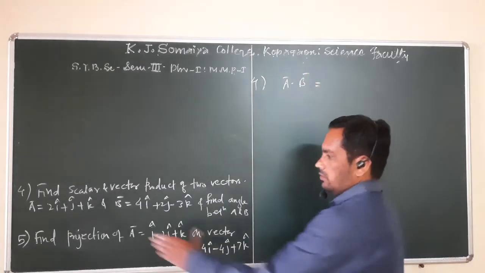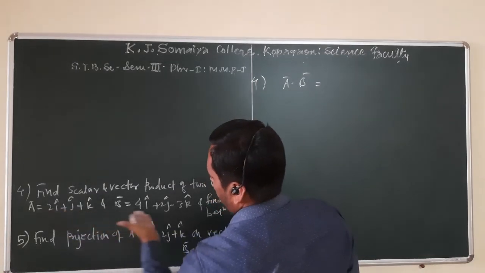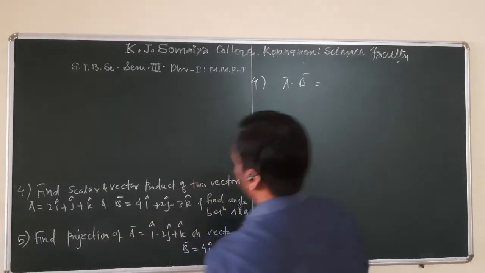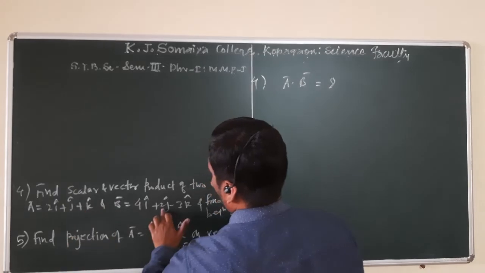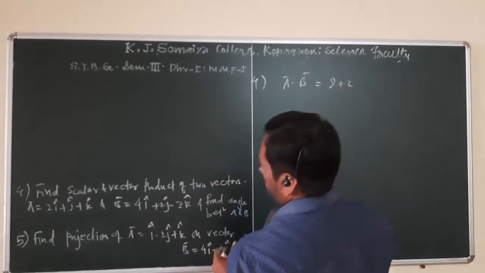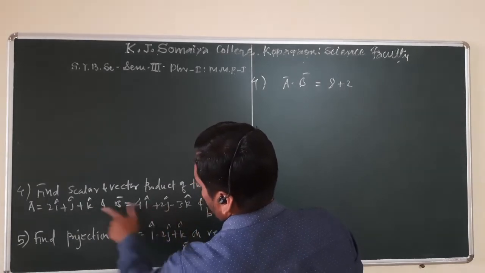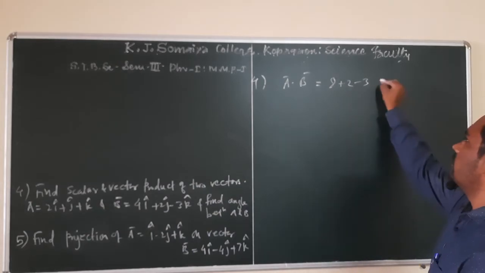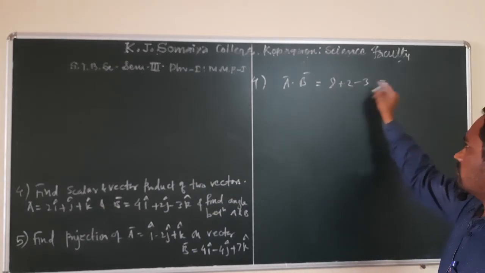Okay. So vector A dot B is nothing but vector A and dot B. So 2 into 4, it becomes 8. Okay. Then 1 into 2, so 2, okay, and minus 3 plus 1, so that is minus 3. Okay. So A dot B is 10 minus 3, which is 7.